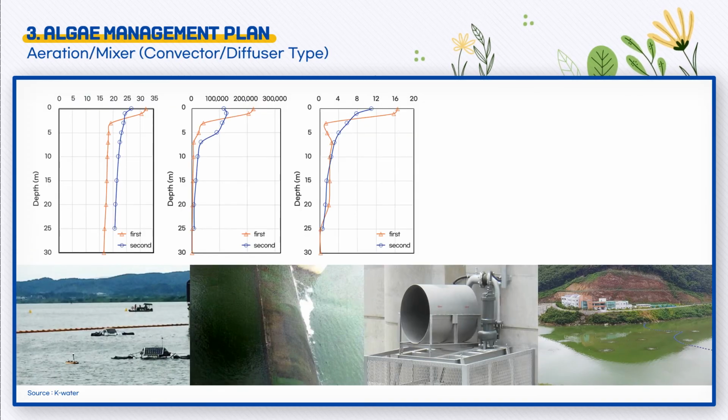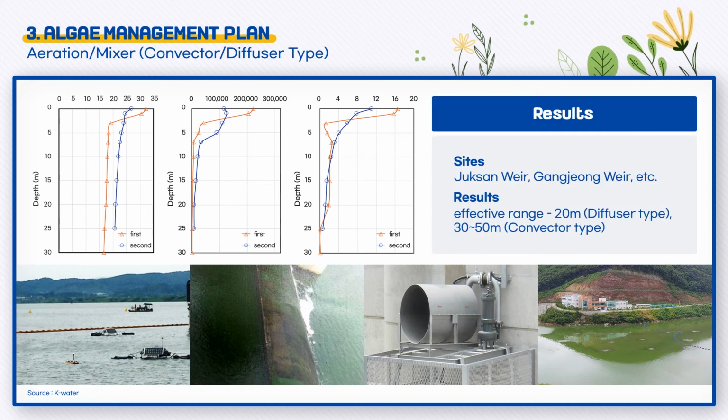Here you can see 2 types of aeration devices, convector type and diffuser type. The effective range of the convector type was 30 to 50 meters, while the diffuser type was 20 meters. Both types of devices performed water flow mixing from the bottom to the top and altered the condition to an aerobic state. Furthermore, they prevented the water body from stratification, and ultimately, they were effective for controlling HABs in the